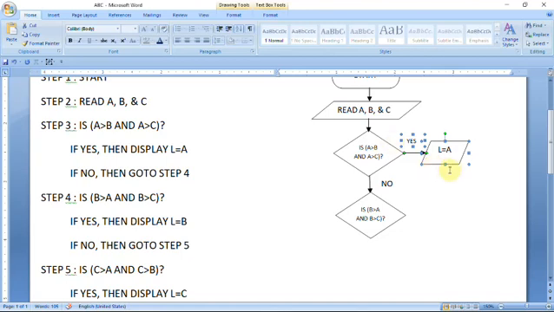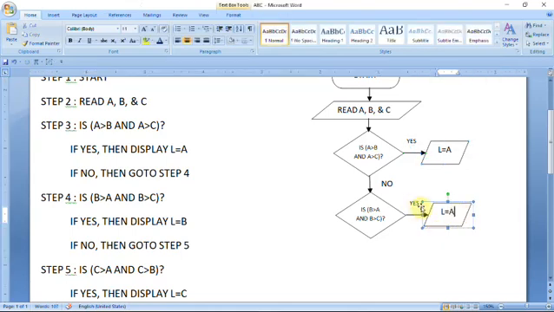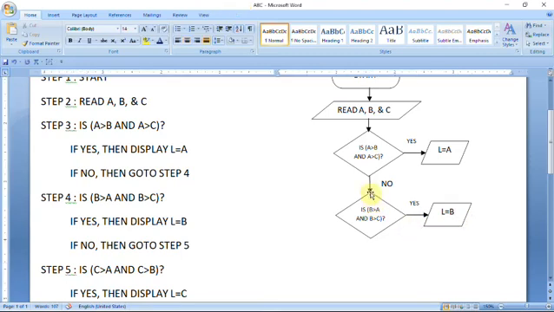And again here you can see, if this condition is true, then what happens? L equal to B. Now next, if no, then what happens?